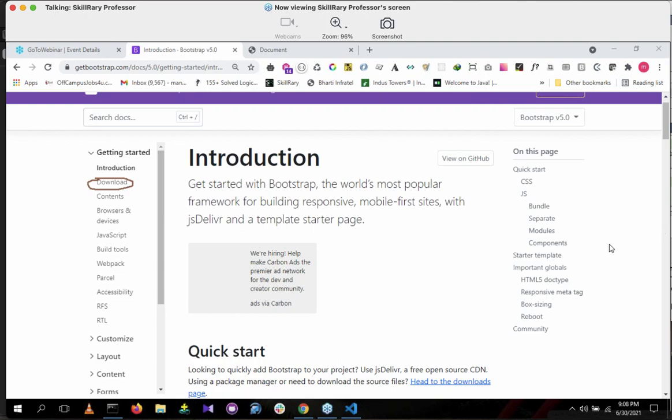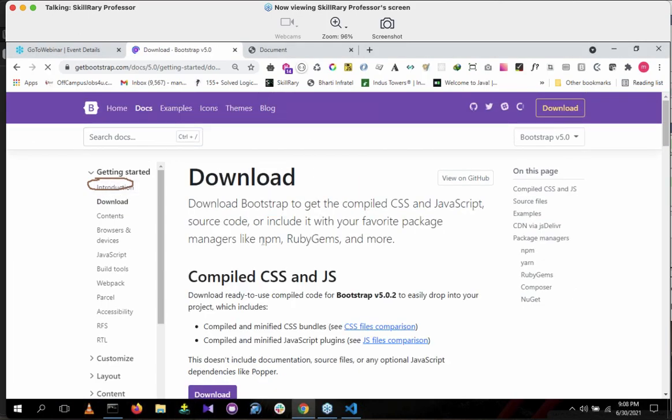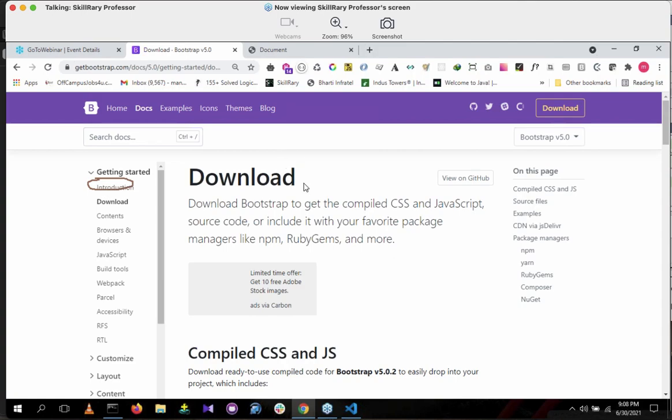Click that button, click this download. It will redirect to this page. Everyone getting this download?